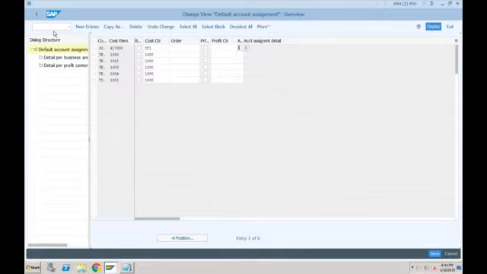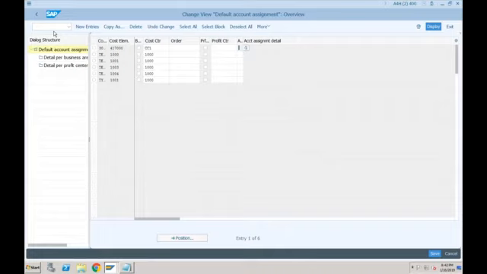Also, when you will be working on a conversion project, when a customer is already using SAP ECC and wants to migrate to SAP S4HANA, during the migration all the cost elements will be created as GL accounts, and whatever default account assignments are available for the cost elements will automatically move to OKB9.